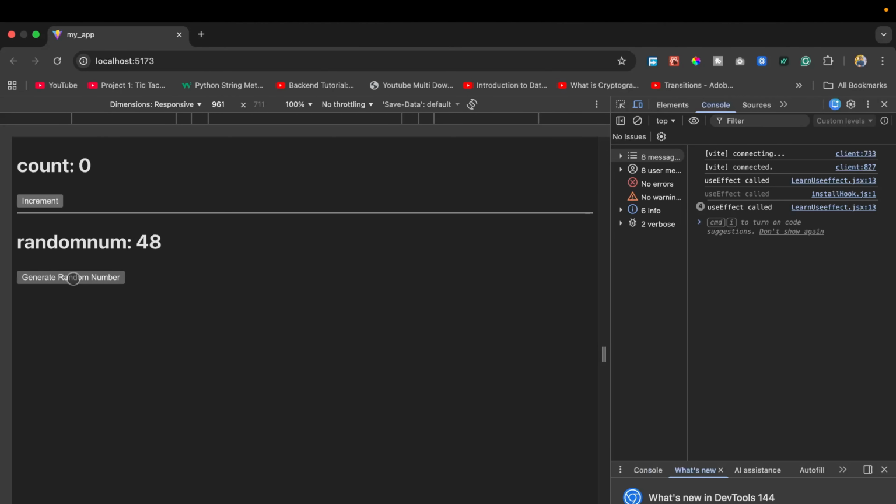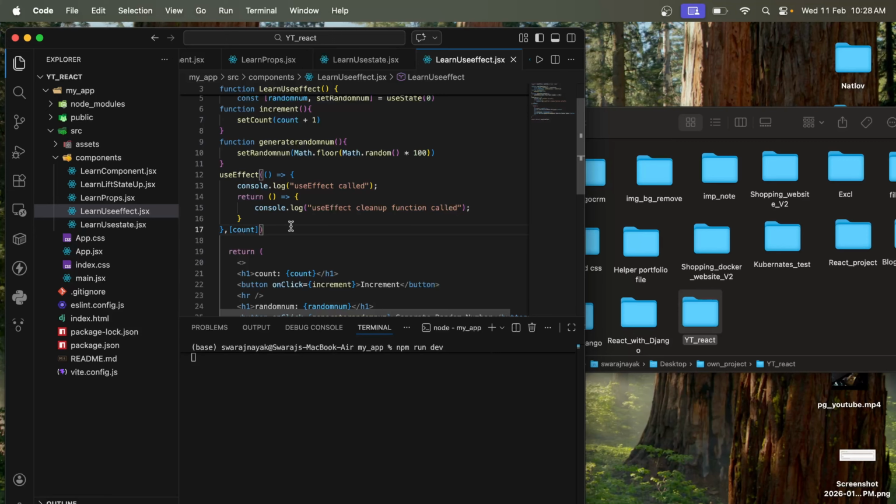This one is a cleanup function, one type of function. It's what you return. This is a function, you just see that, and console.log cleanup function. So when this function is executed, if I remove everything,